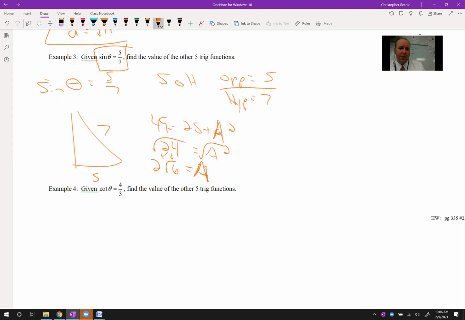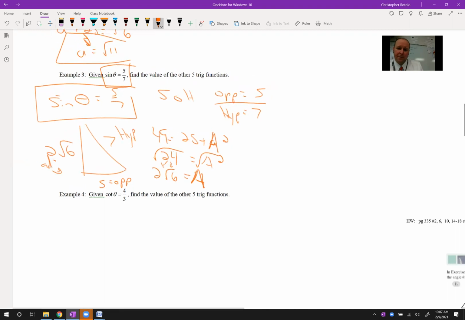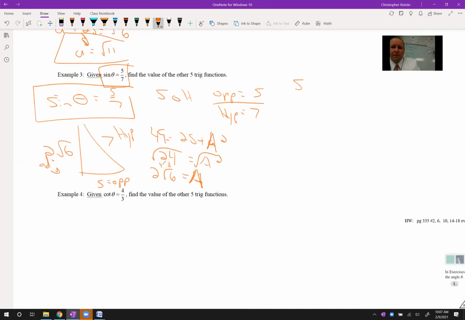All right, so now that we know all three sides, we can list them whichever way we want. We know this is the hypotenuse, based on this this is the opposite, and this is the adjacent. And we have to go through and make our list. So sine is taken care of because that was the given, so we could figure everything else out. So SOH is done. What about CAH